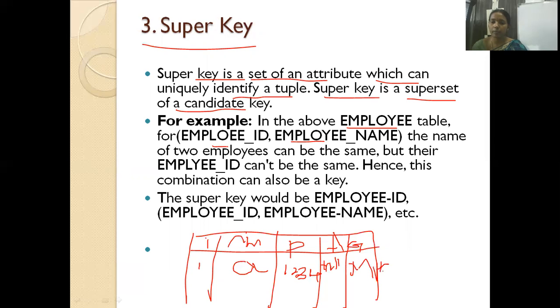Now I have the second student's details. The name is B. The phone number is different, 768 something, and the Aadhaar number is 121. Same group, MPC. Then another student, 3, with the same name and the same phone number, 1234.